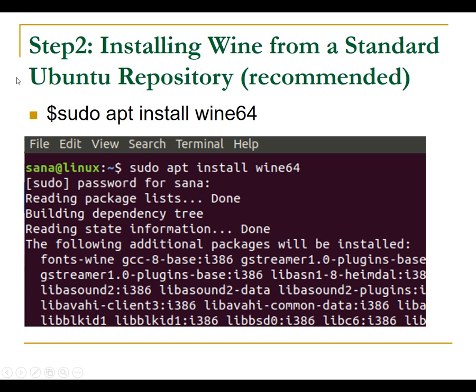We have to pass the command on the terminal window: sudo apt install wine64 if my operating system is 64-bit, otherwise wine32 if my operating system is 32-bit. Once you pass this command, it asks for the password which you set during the installation of Linux. Pass that valid